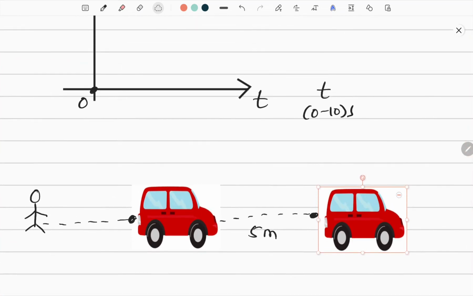All right, in how many seconds? In 0 to 10 seconds he observed the car moves for a displacement. We can show this as s, displacement. He observed it for 10 seconds, 0 to 10 seconds, and he got to know that it has moved for 5 meter. All right, similarly if you observe it from 10 to 20, I mean another 10 seconds,